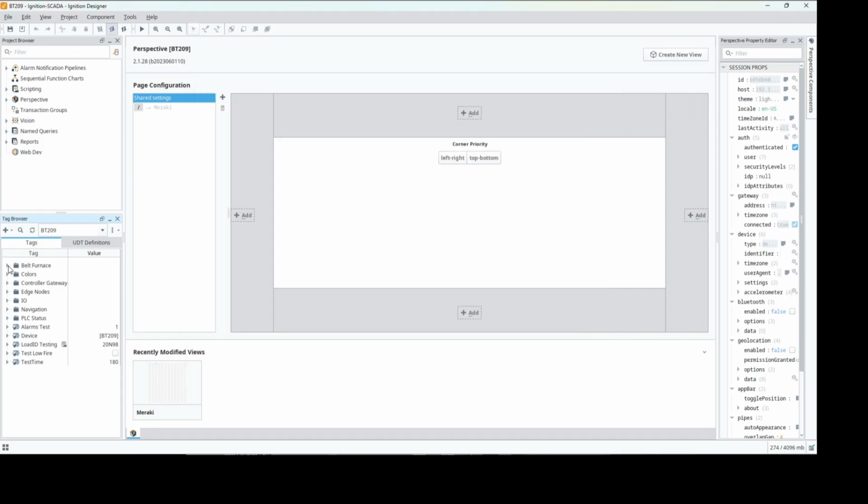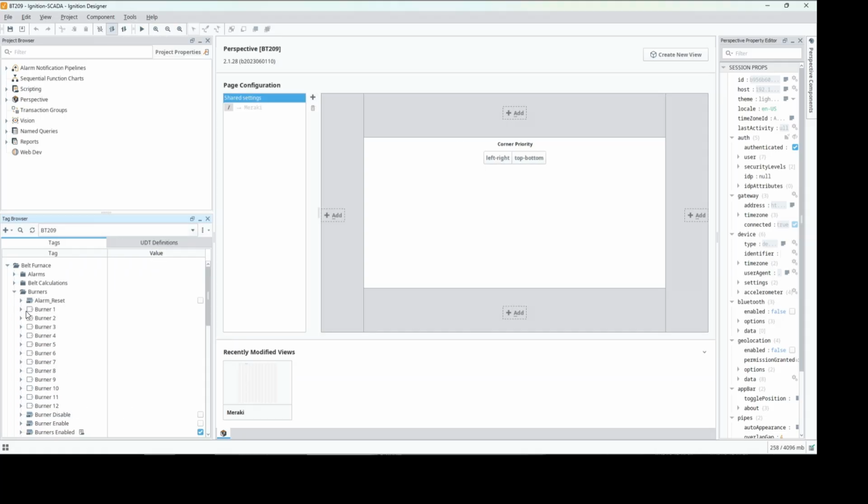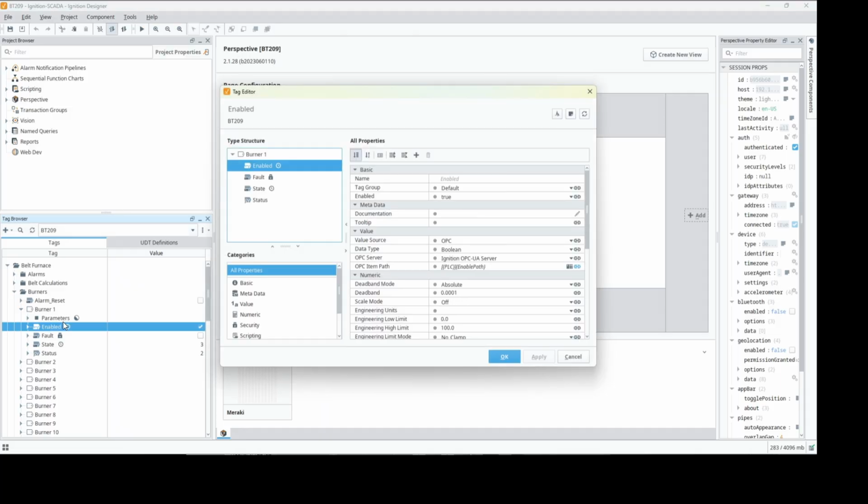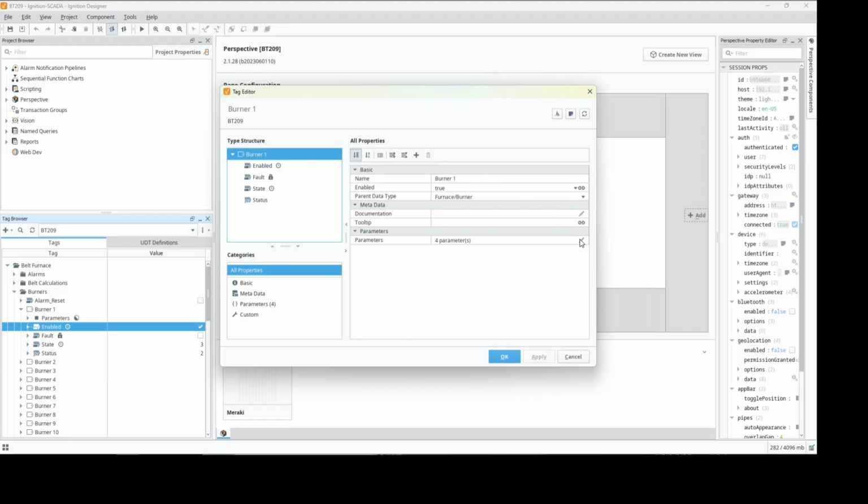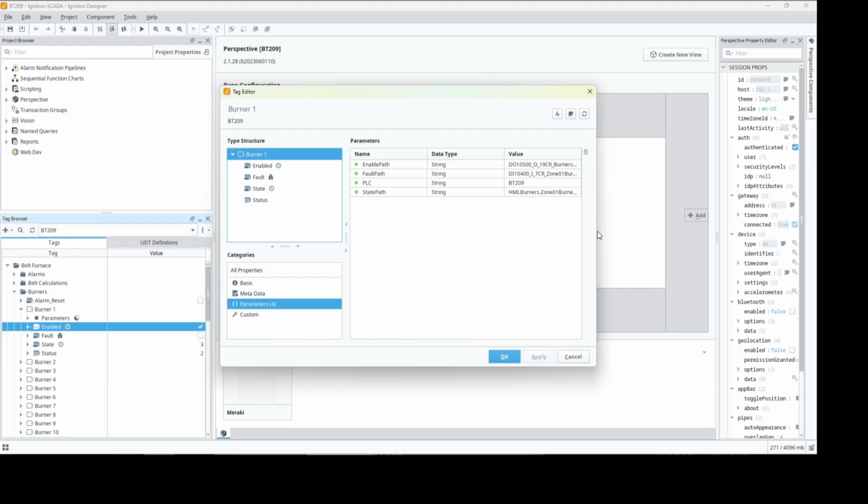And let's say we want to look at the burners, for instance. We have data types for those. Currently, this one's enabled, state of 5 and status of 2. And if I click on that, we'll see that we have parameters in the UDT that map to that,